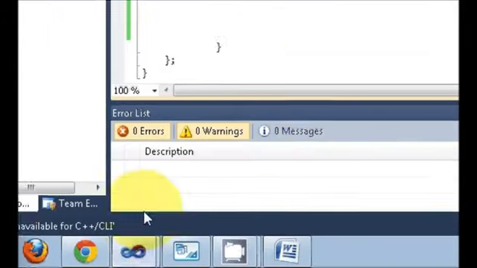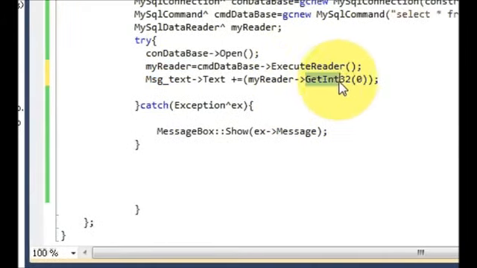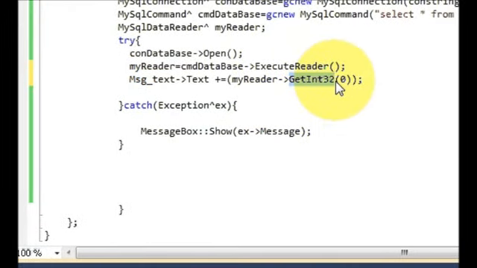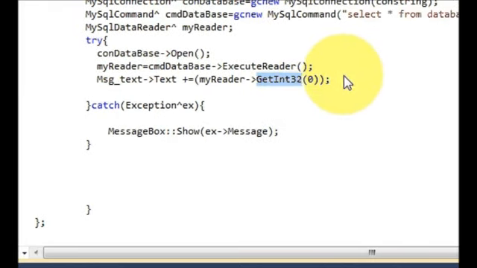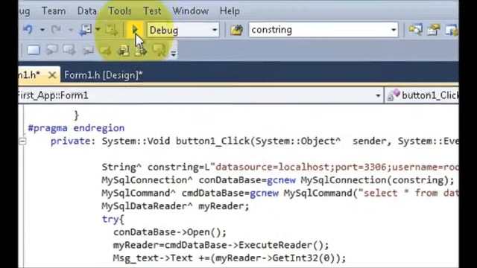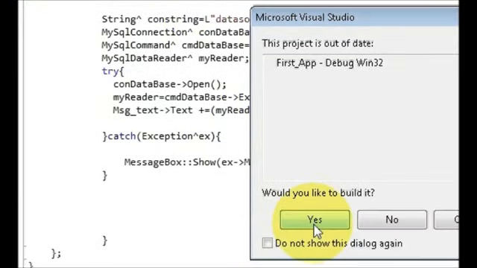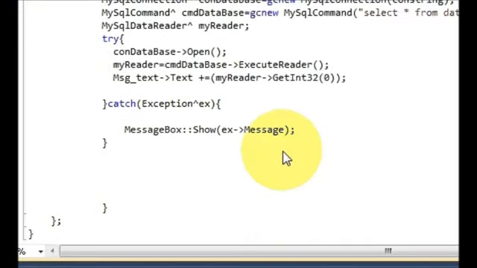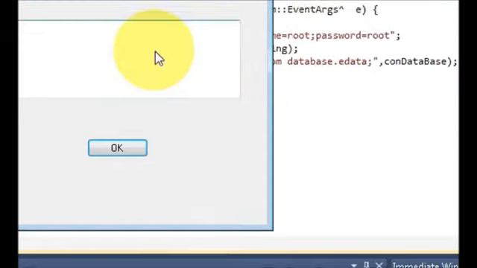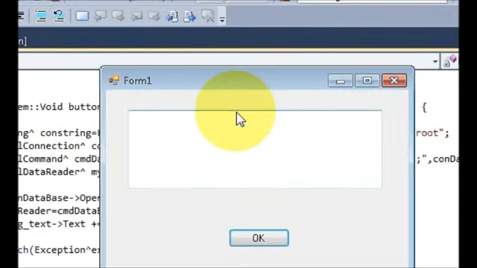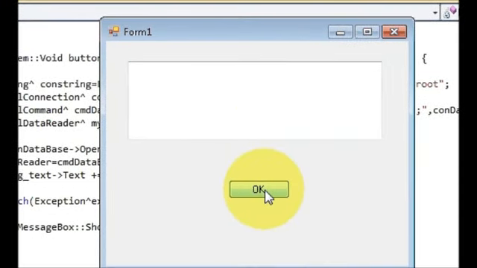That's why I have taken this get int, because it's an integer variable type. So once again I will run my program. I will click yes, and it's running now, and when I press OK,